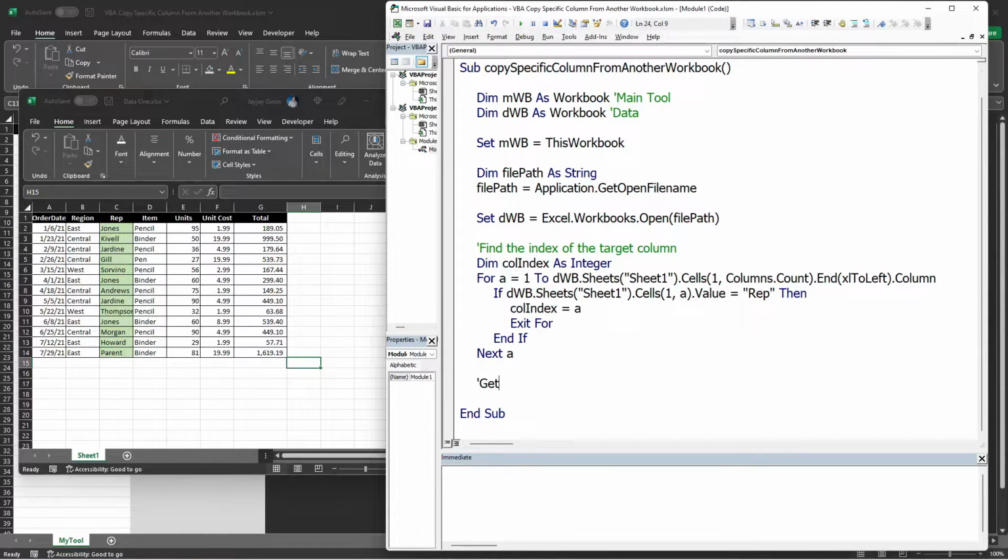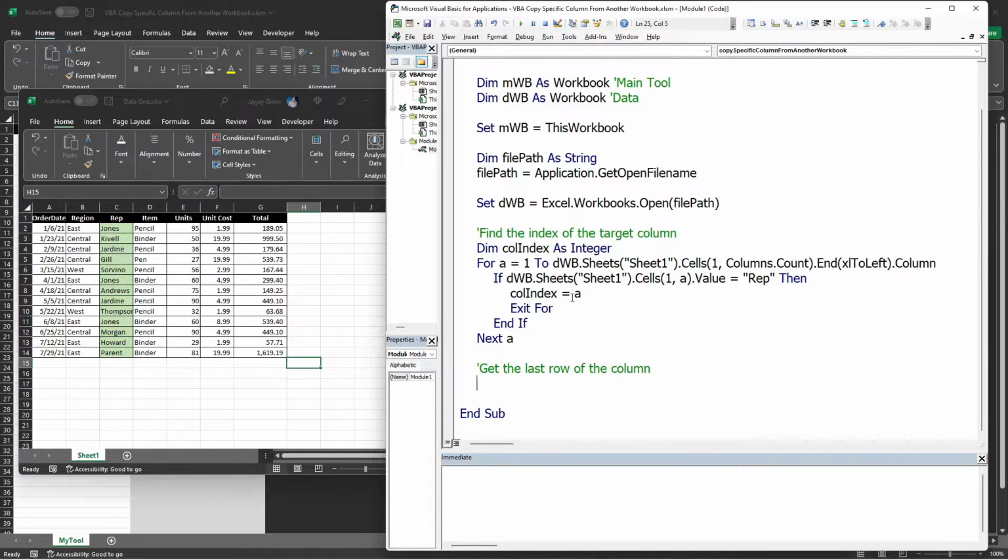So we need to get the last row of the column before we can copy the data. So let's declare a variable for the last row.